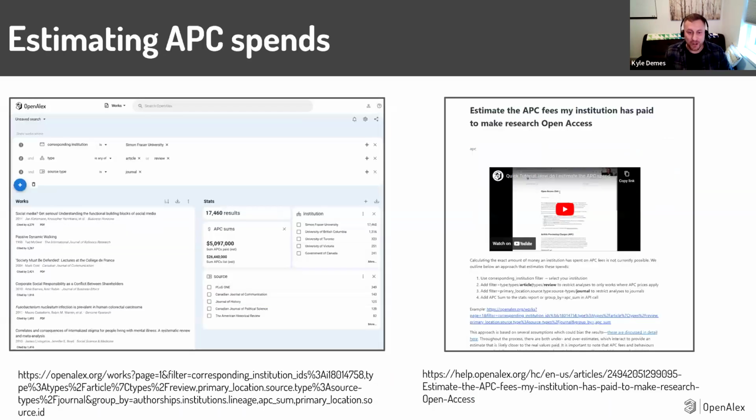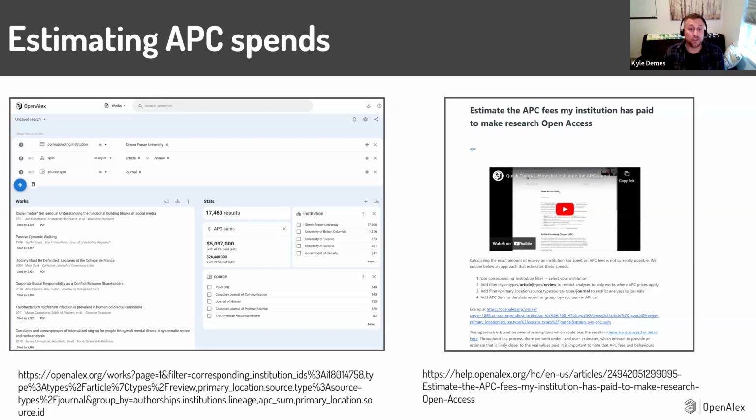Two more examples. One I know is on the mind of a lot of librarians right now is estimating APC spends. This is something you can do in OpenAlex because we have institutional disambiguated data. So as an example here, I put, show me where the corresponding institution is Simon Fraser University, and the work is either an article or a review, so not things like data sets, and the source is a journal.